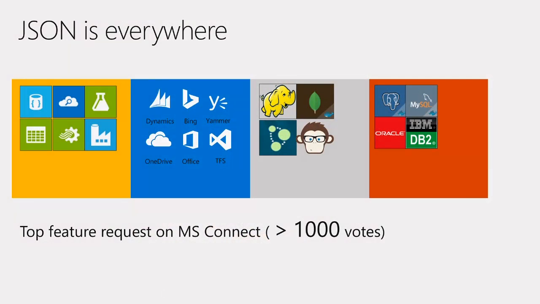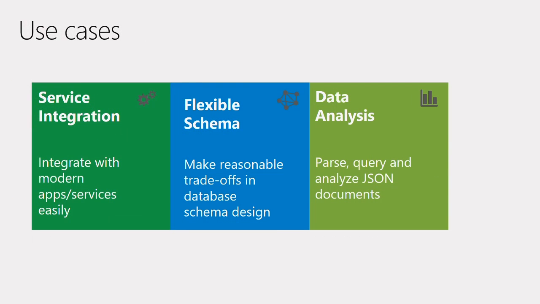So let's start with JSON. Everybody probably knows what JSON is, and there are databases that support JSON. In SQL Server 2016, we have JSON support. JSON is everywhere, and now we have JSON support in SQL. But what exactly does it mean to support JSON, and what can you do with it? The use cases are usually service integration, data exchanges, people who want some flexibility in the schema.